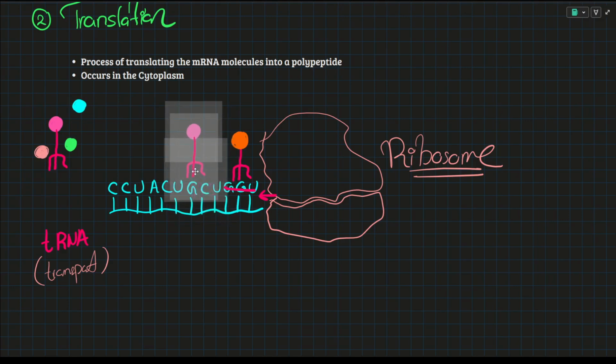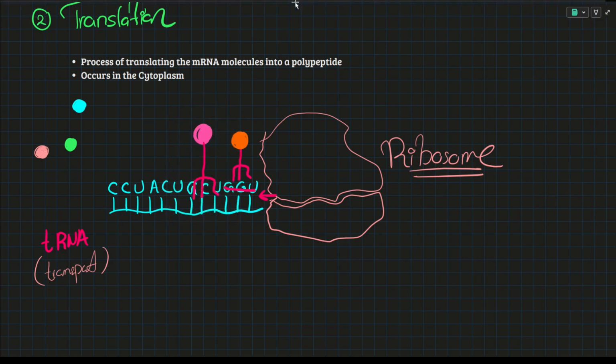You see, that's why it has 3 legs. Should make it larger. See, the 3 legs are going to pair up with the 3 bases of the codon, and then this is added, and a bond is going to form in between these 2 amino acids. And we clearly know if we have a growing chain of amino acids, we get a polypeptide, which can then form a protein, right? And then the same exact thing occurs again.